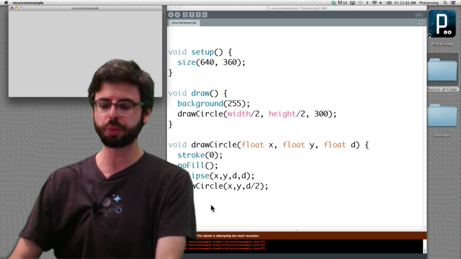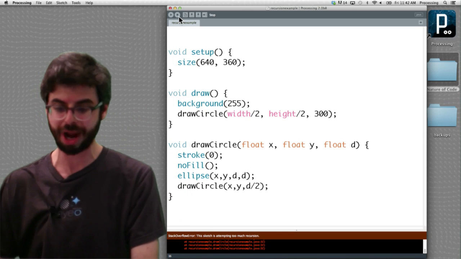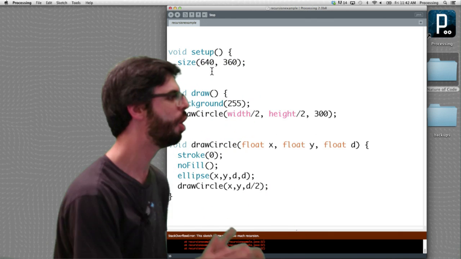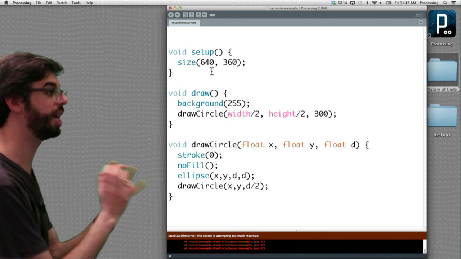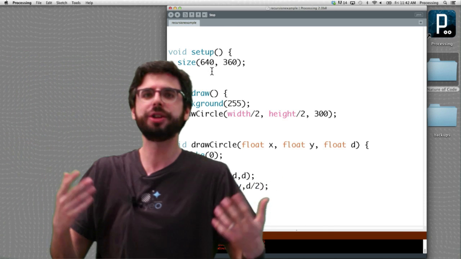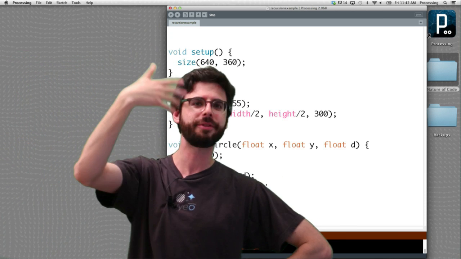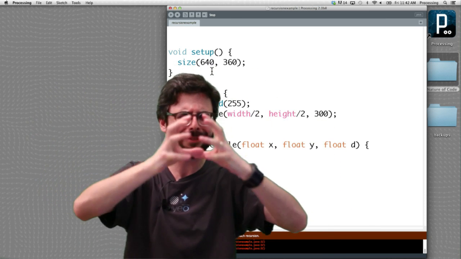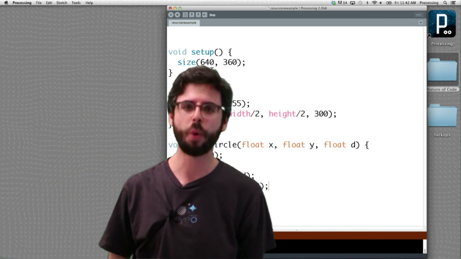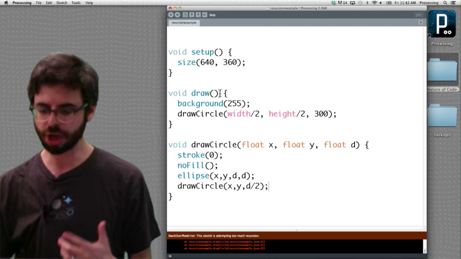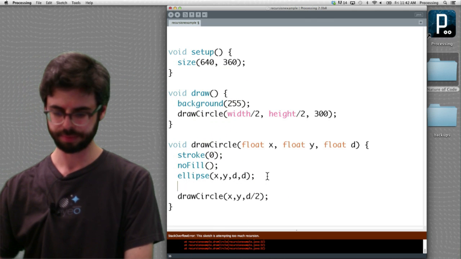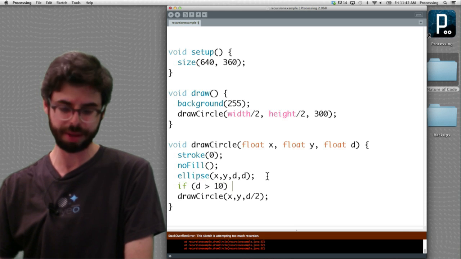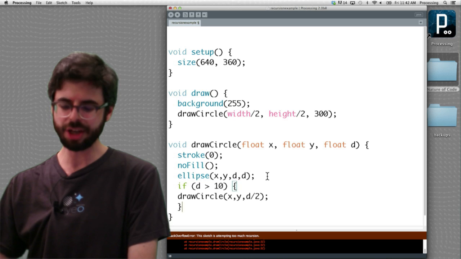So just as when you first learned about a for loop or a while loop in processing and you figured out that you need to have an exit condition, we need to have an exit condition for this recursion. What should that exit condition be? Let's think about it for a second. Think about it to yourself. A circle, half a circle, half a circle, half a circle. What about when the circle gets too small? So as long as the diameter is greater than 10 pixels, which is arbitrary, then you can continue to